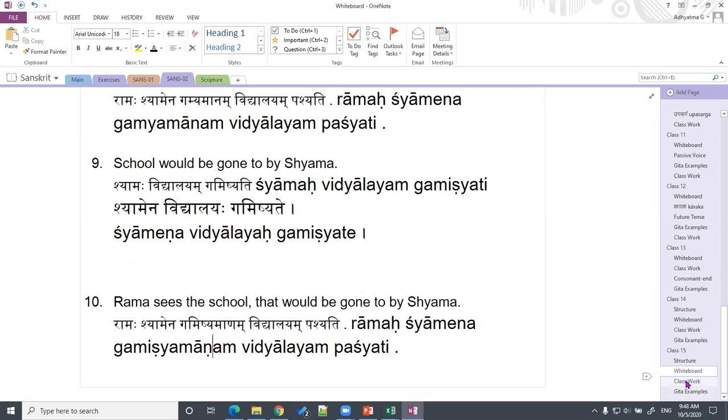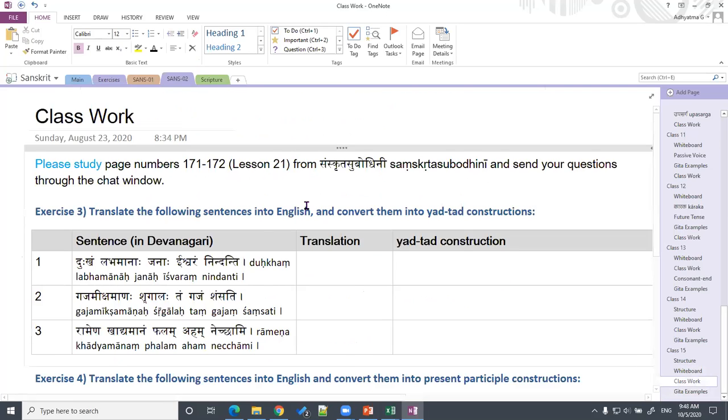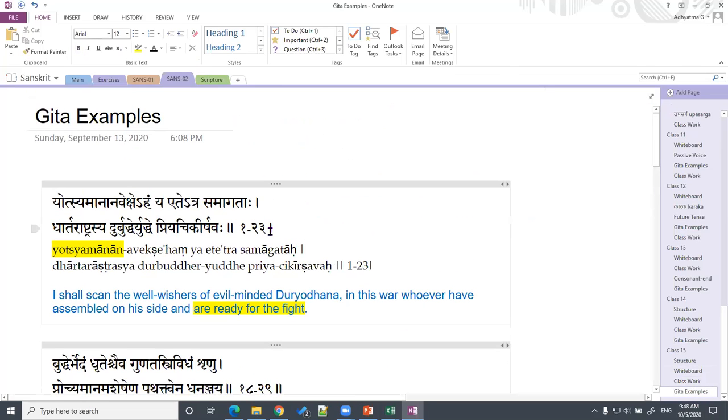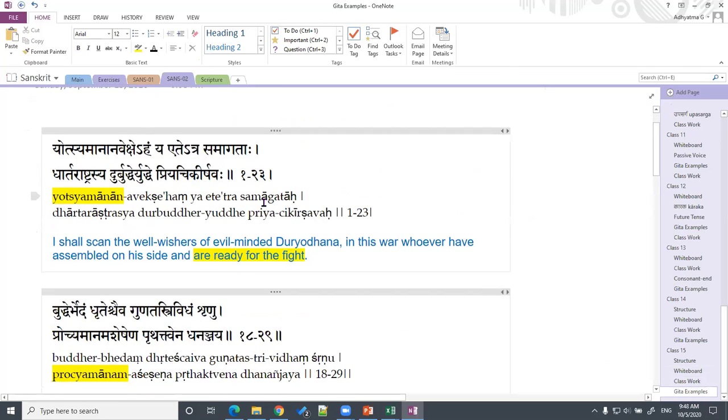Then if you all are good about that, then we can have the classwork. And after that, I'll solve this classwork for you and also show you Gita examples, or maybe I can cover Gita examples now, and then we can break for the classwork. So in Gita examples, you see,